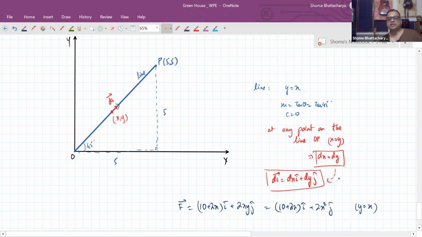And this ds can also be written as dx i cap plus dx j cap, because dy is equal to dx. So when we are calculating the work done in that path,